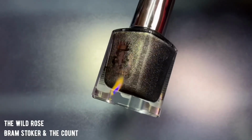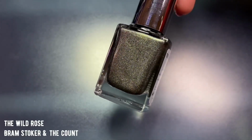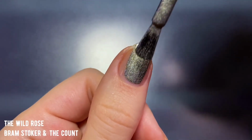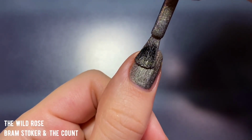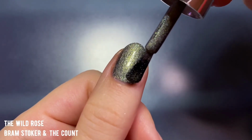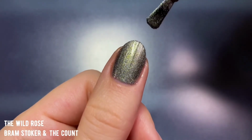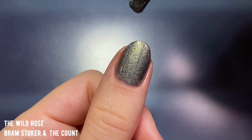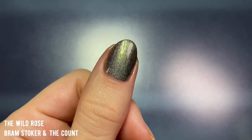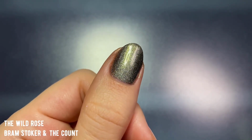The next polish in the collection is called the Wild Rose, which is described as a green gold linear holo with muted olive undertones. So even though it's described as having gold, I feel like it still leans very cool toned, which I forget is possible with gold. I just always associate gold with warm and silver with cool, but anyway,